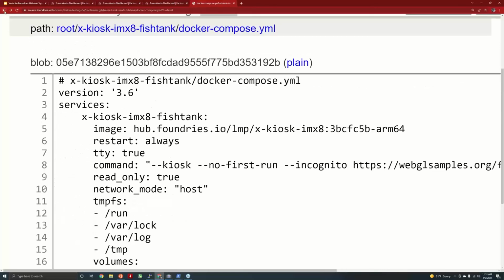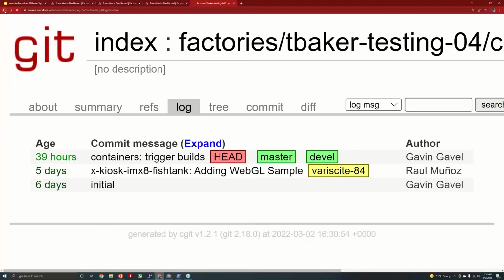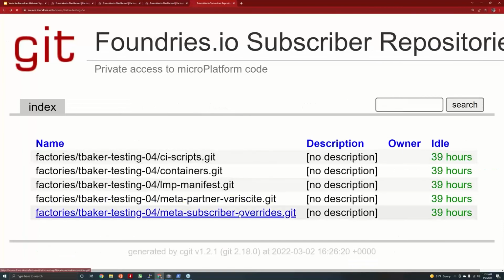So that's kind of how we're building those containers. Again, this is all hosted. It's all private. It's easy for you to do. Now, I want to show you quickly an over-the-air update for the platform side, as that's probably something that you're